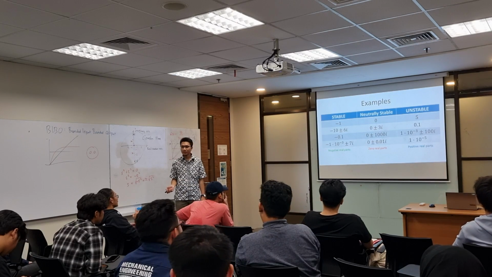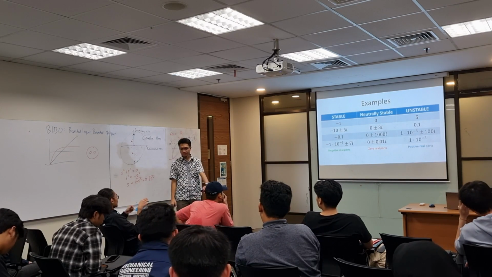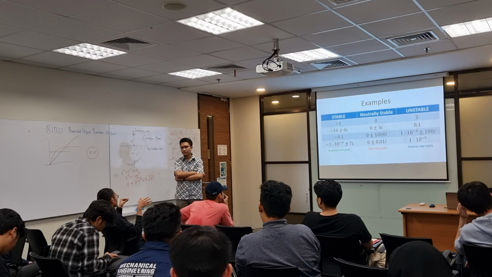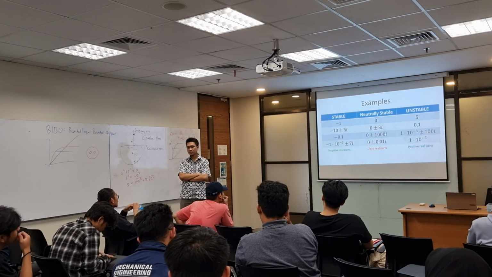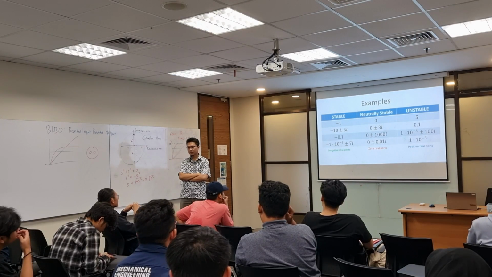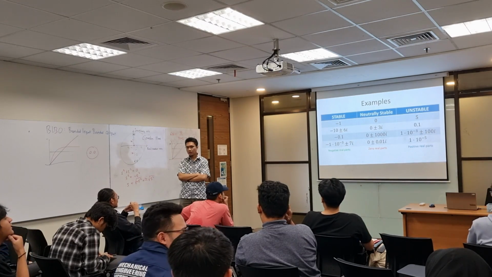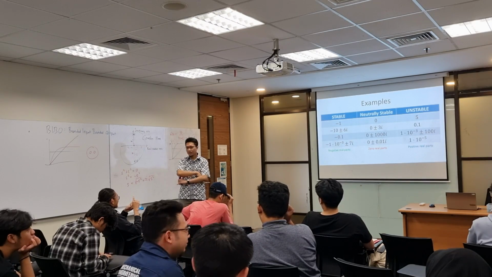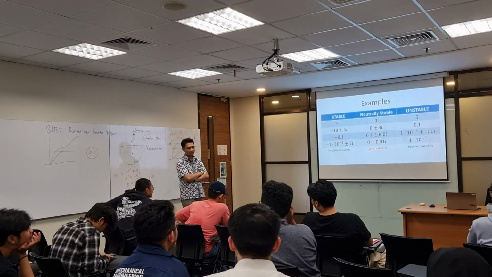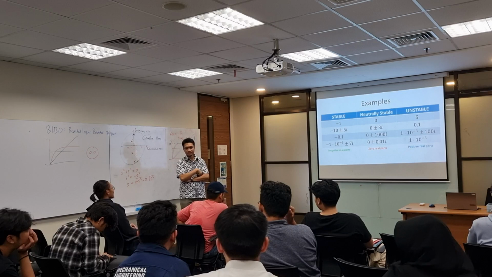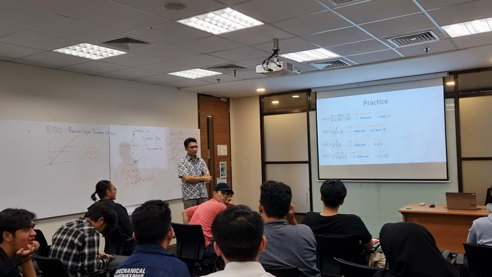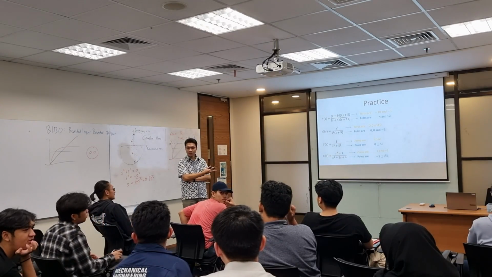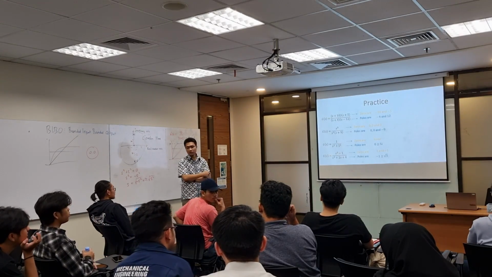Any questions so far? So for the stability, all the poles have to be negative, correct. Even if there's a 0 in it, it's not stable. It's neutrally stable. For example, the poles for the second one, this one: 0, 0 and -9. How do we call it? We call it neutrally stable.